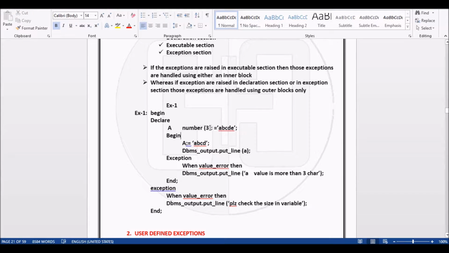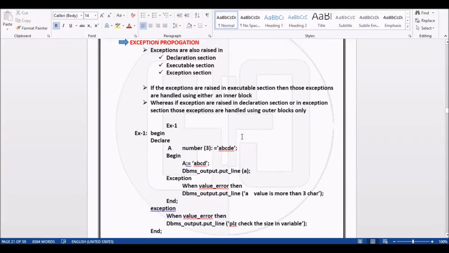Remember its size is 3. Here we are giving a value more than the size. So this is an error raised in the declaration section. If this error is raised in the declaration section, then the error will be handled by the outer block.